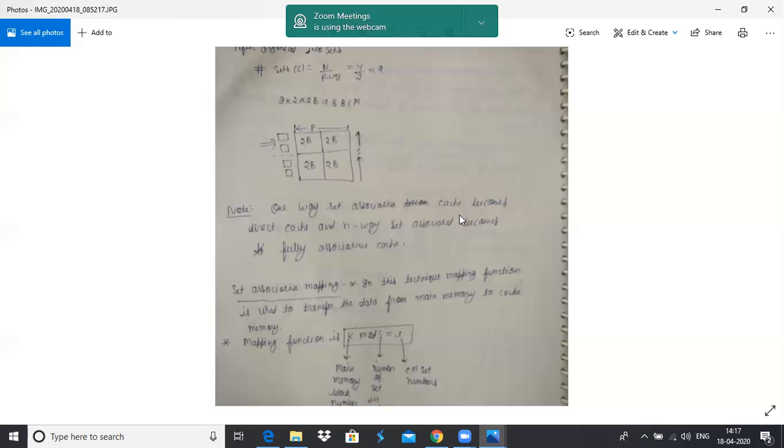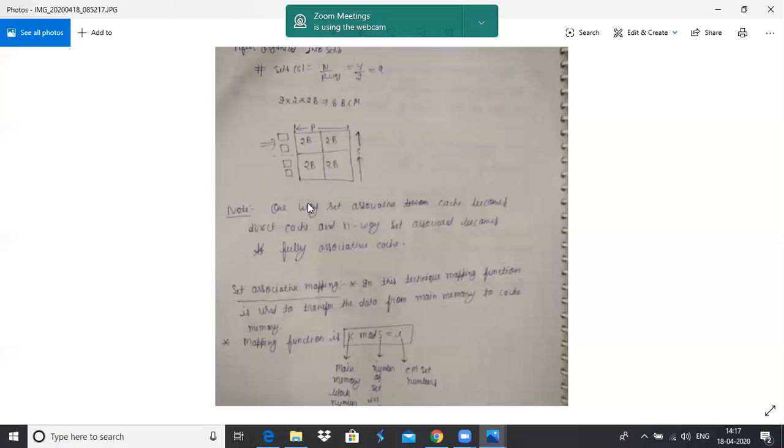One way set associative cache becomes a direct cache, and n way set associative becomes a fully associative cache. Because one way set associative contains only one set, and that one set contains all the lines of the cache memory.